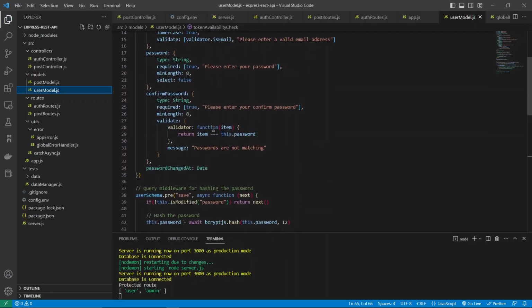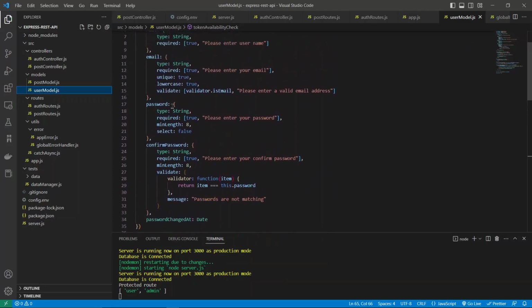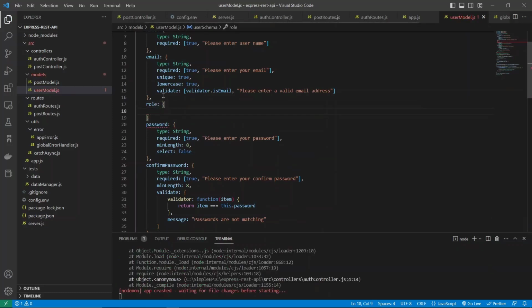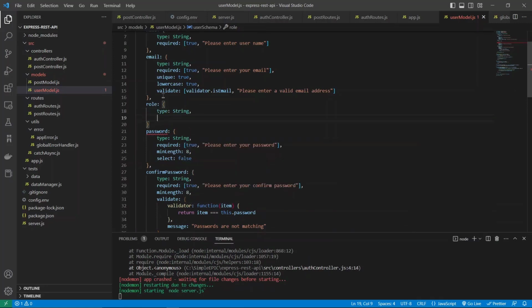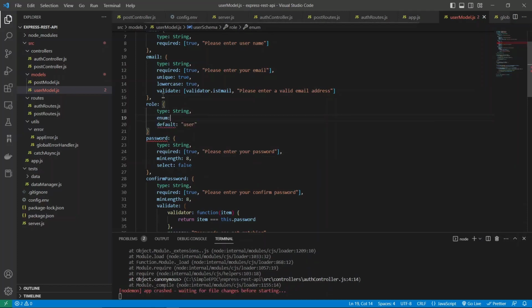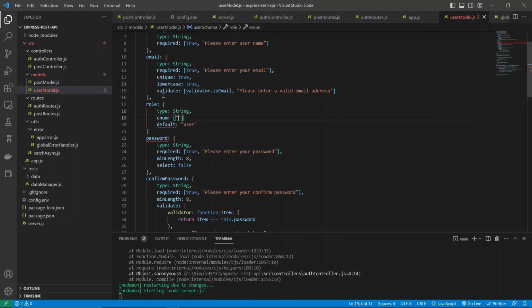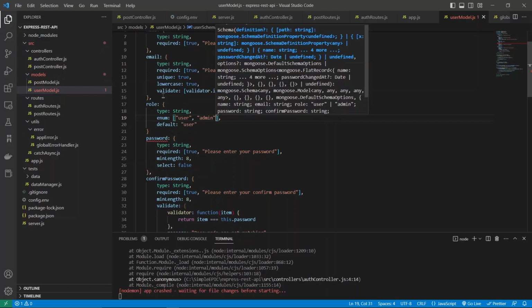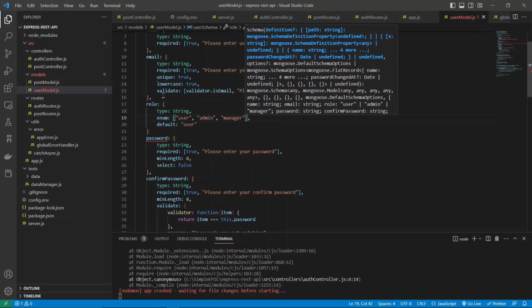So I think maybe over here we can specify a new field called role, and it has the type of string, and the default value could be user, and it can have enumerated values, which means the predefined set of strings that can be considered as actor types. So let's say user, maybe admin, maybe manager,